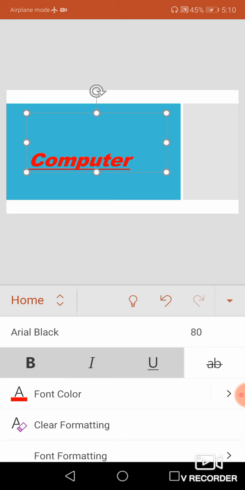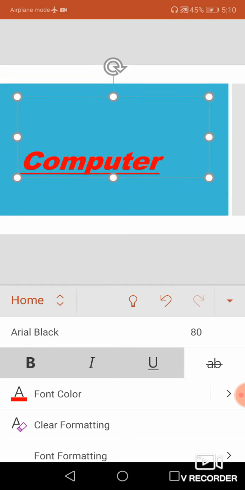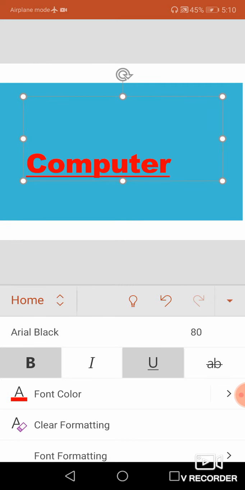Okay, and then italics, you can see the difference here. See, before I clicked italics, it looks normal, and after I have given italics, the letters have been moved towards the right side, slanted towards the right side.